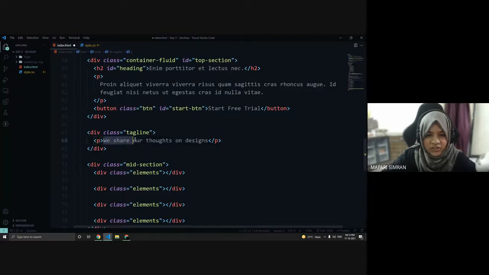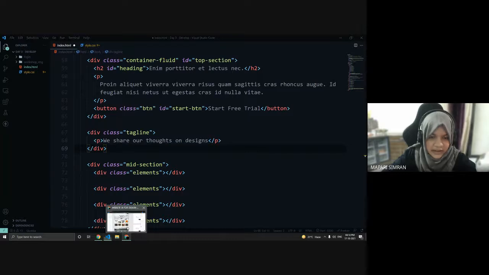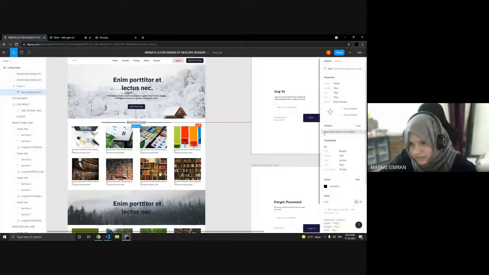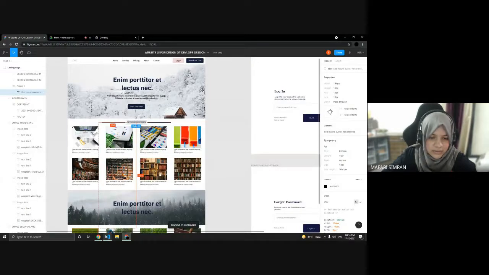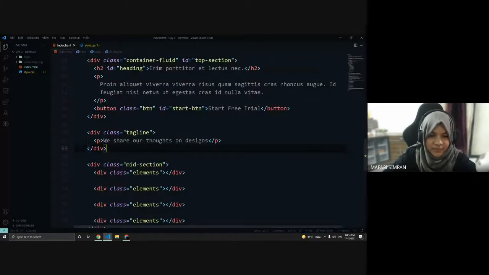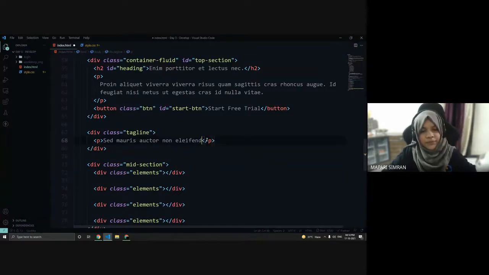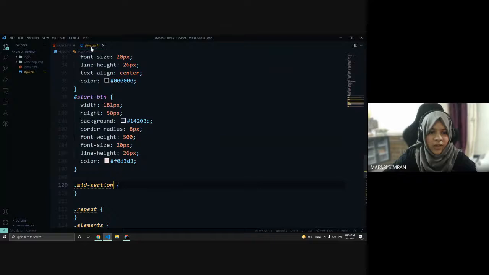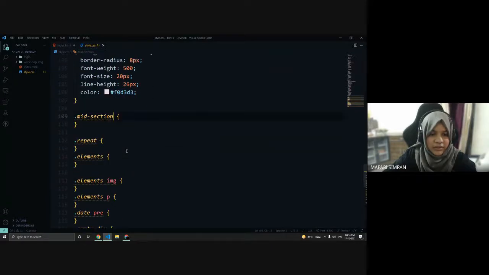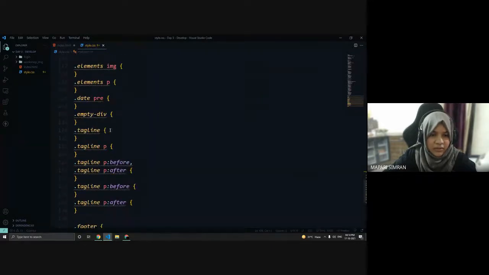Okay, let's change the text. We'll get the content from here. Let's copy this content and we'll add it here, control V. Okay, now we have to give styling to that tagline.